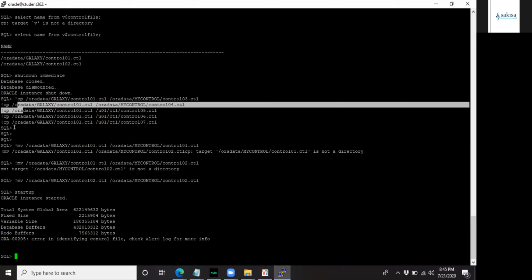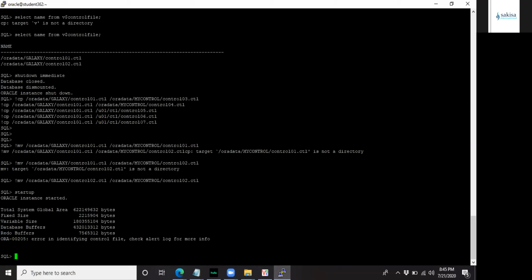Did you create the P5 from the SP file? You did not. The P5 from the SP file? No. Yeah, after you copy, you have to create the P5 from the SP. Shut down the database again and create a P5 from SP file. But I did scope SP file, right? Exactly. That's the reason why you need to create P5 from SP file.